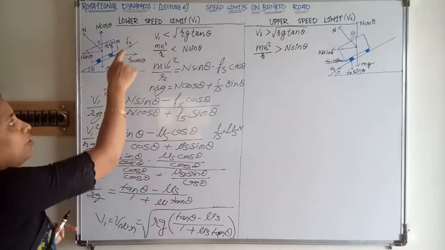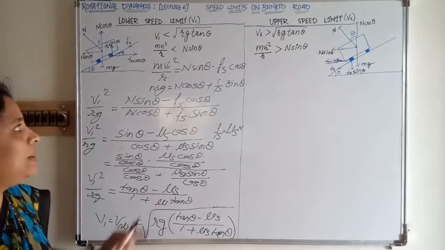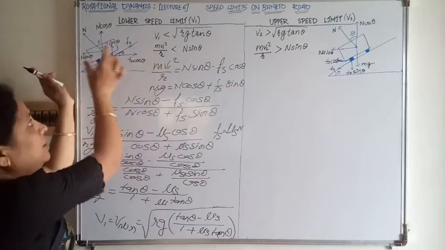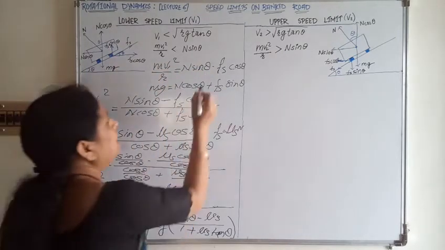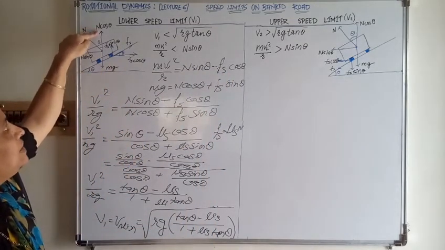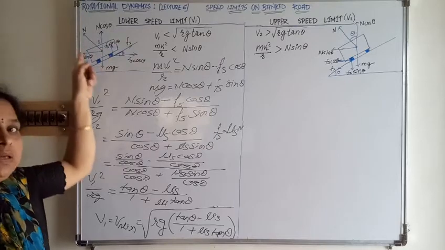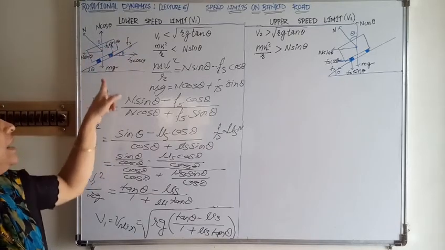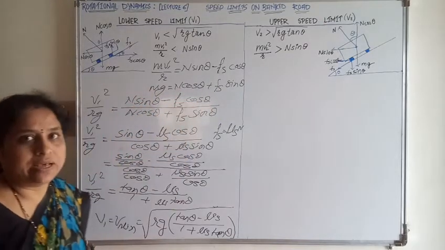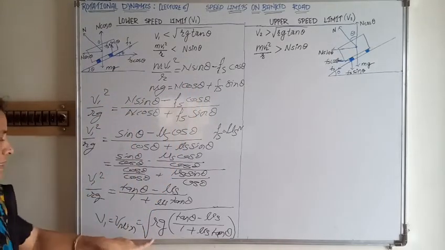Here the horizontal component of frictional force is opposite to the centripetal force, and that's why we have written this equation: mv1 square by r is equal to n sin theta minus Fs cos theta. Because they are opposite to each other, we take their subtraction here, we put the negative sign. And the weight mg is balanced by both these forces, n cos theta, the vertical component of normal reaction, and Fs sin theta, the vertical component of frictional force. We add them and say it balances mg. We get this equation: mg is equal to n cos theta plus Fs sin theta. These two equations are made, and then by following this you can obtain this equation easily.